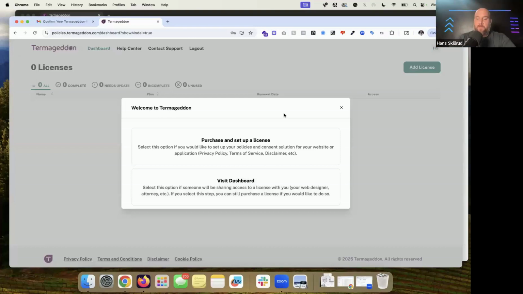Okay, so this is the page that loads when you have confirmed your email. And as you'll see here, you have 2 options. You can go right into purchasing and setting up a license, or you can visit your dashboard. You only need to visit your dashboard